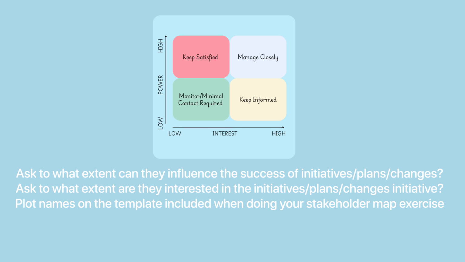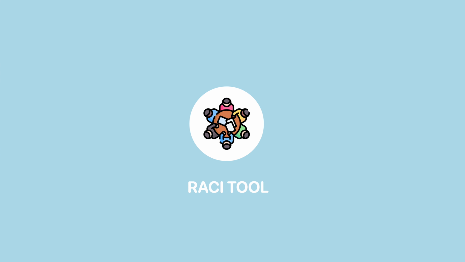There is a scale from low to high when it comes to power and interest. Power is all about to what extent can they influence the success of initiatives, plans and changes. When it comes to interest, to what extent are they interested in these initiatives, plans and changes? Then we put relevant names in each of these boxes, and we continue to have meetings, conversations with them to make sure they are up to date, up to speed and informed, and also take part in relevant meetings and decision taking as appropriate. And the final tool is